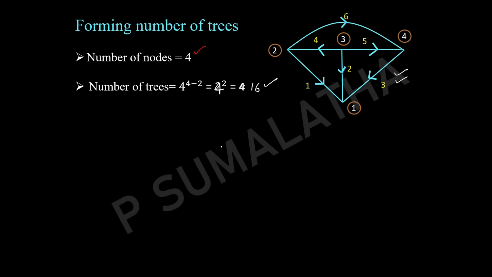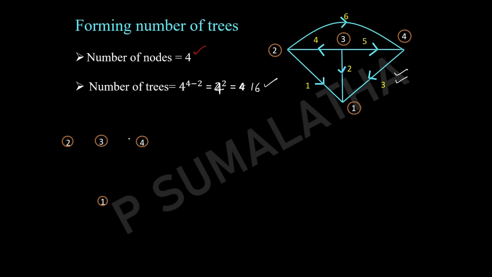Now as I told you, the first point that we need to remember while forming the tree is that the number of nodes present in the tree will be equal to the number of nodes present in the graph. So blindly we can keep as many nodes for the tree as there are in the graph. And the number of branches, which are called twigs, will be equal to n minus 1. So where n is 4, each tree will have 3 branches in it, which will not form a closed path.